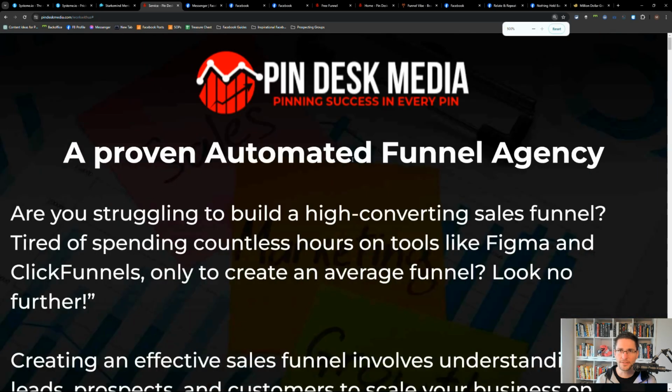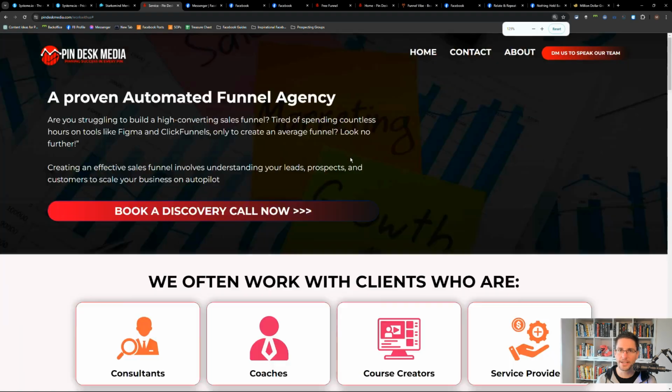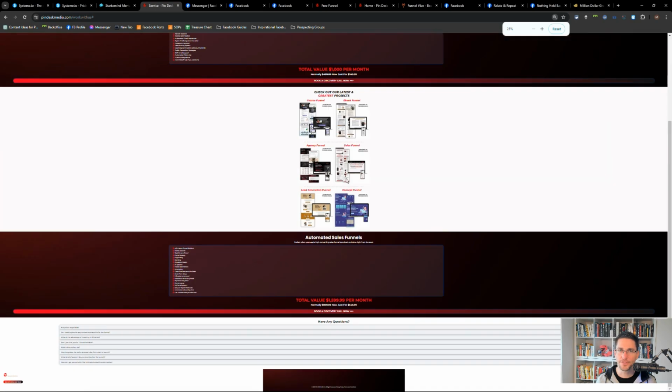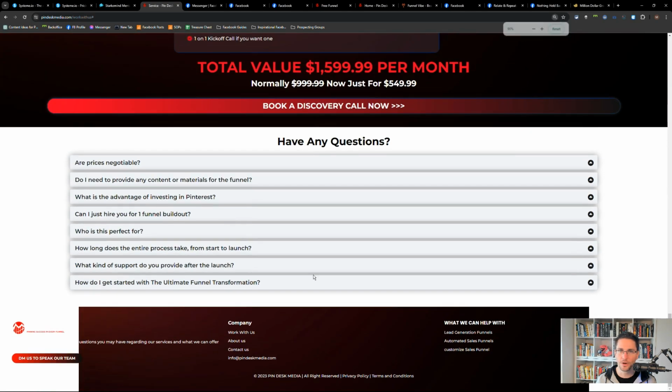So the first thing that I notice, if I make this bigger or smaller, is that some things are broken inside the website, especially here if we look at the footer. So this really tells me there is a lack of attention to detail, which is really important if you're doing any kind of web design.